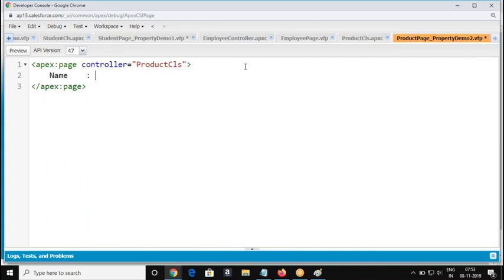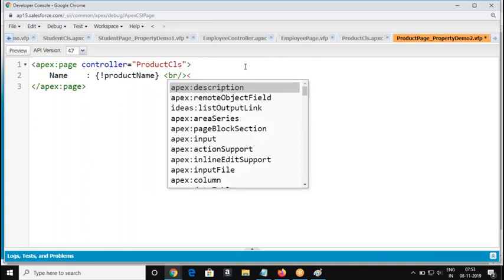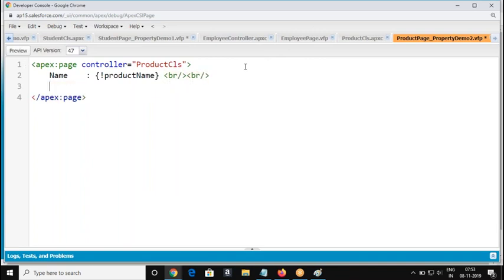And simply go like this. Product name. We follow this, and then so what is the next thing? Price. Sorry, price.